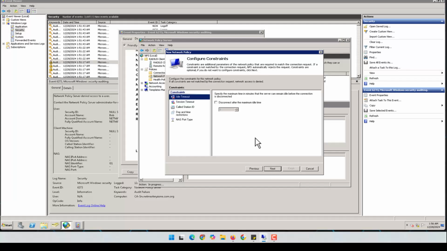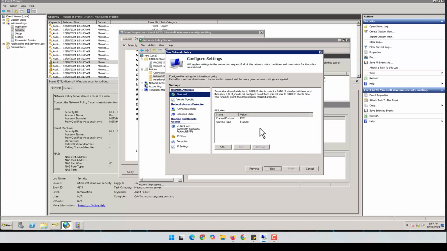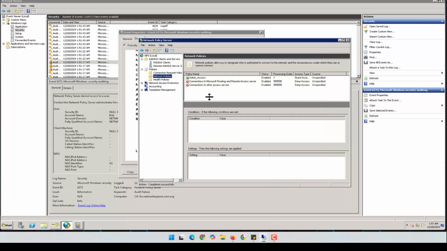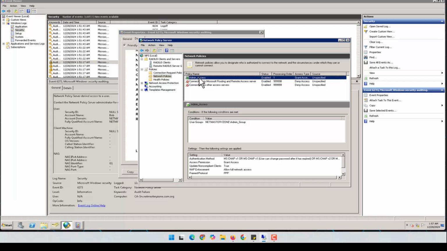Let's click next. And here, of course, there are some other options that we can change. For example, timeout, the idle time after how many seconds this session should time out, and so on. Next, and also here some other conditions that we can set, for example, this vendor specific. We will speak about this later in the remote access VPN. We will use this. Next. And finish. Now all the users who are in the admin access group will be able to